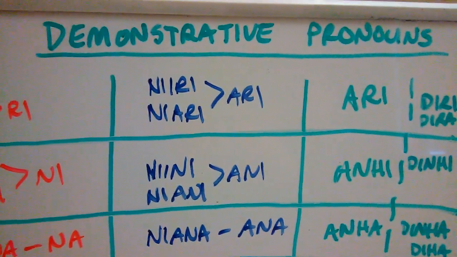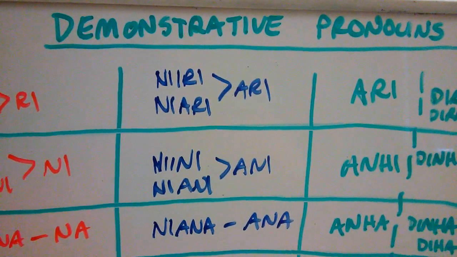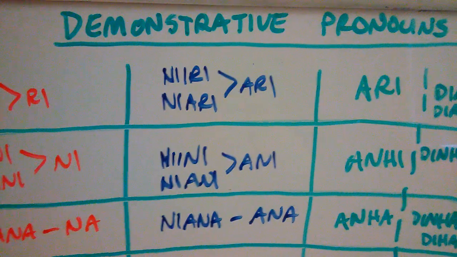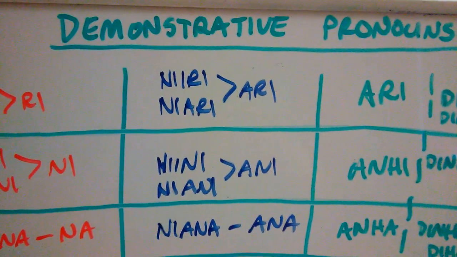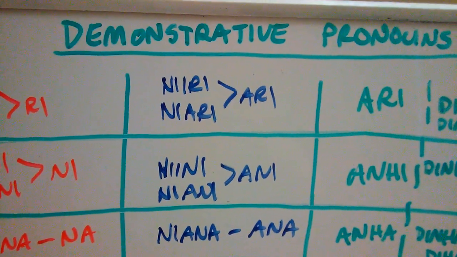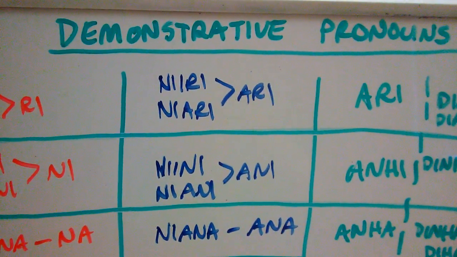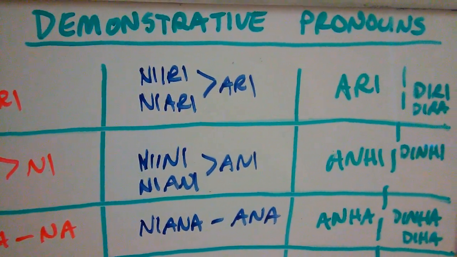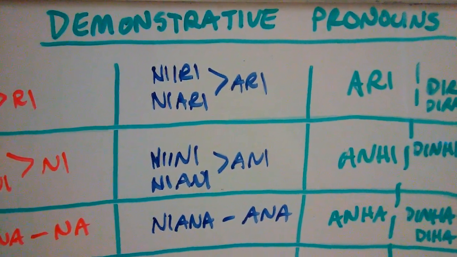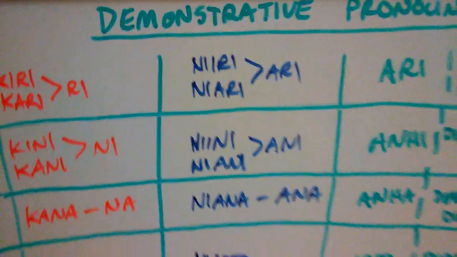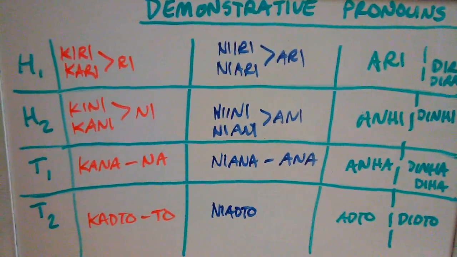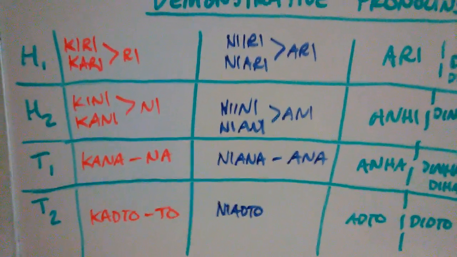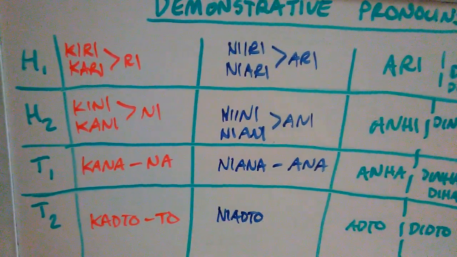So again, you should already know how to use demonstrative pronouns. We talked about that in those beginning series. This video, again, is just a review of what the demonstrative pronouns are. We're going to go over them, but we're not going to talk about how to use them, because you should already know how to use them, what the cases are, and all that, okay? So starting off, here we have our demonstrative pronoun chart. In the red is our absolutive case